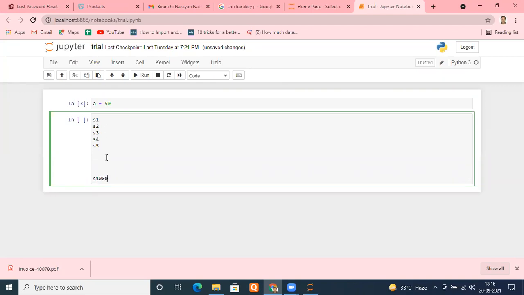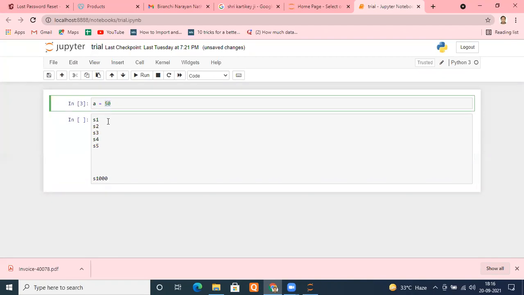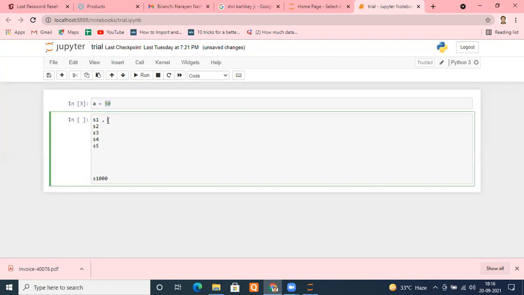Out of 1000 instructions, you are using the value 50 at 50 or 60 places, referencing the same memory location. In S3 you are referring to 50, in S5 you are referring to 50, and similarly in the other 497 places.